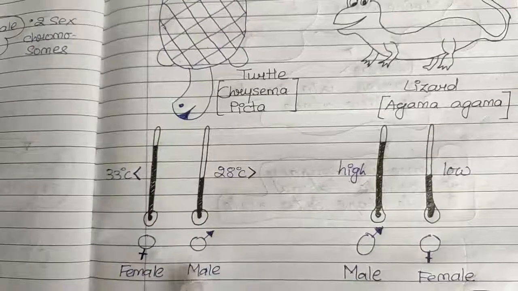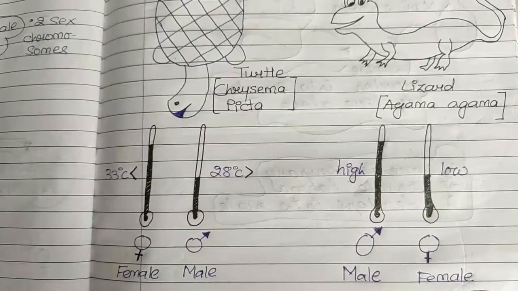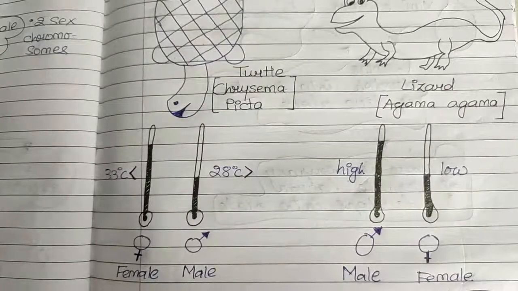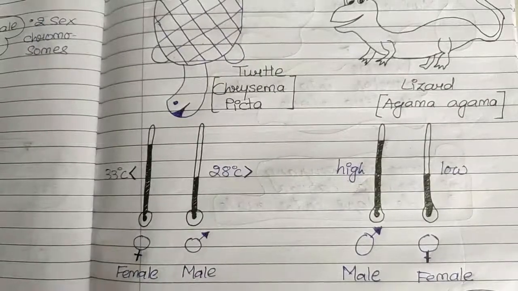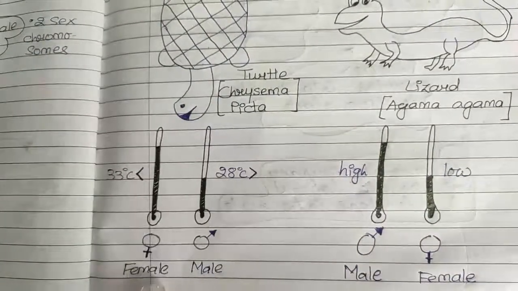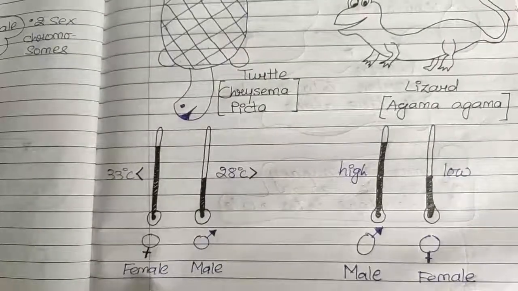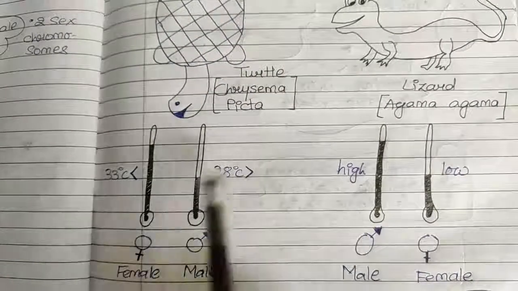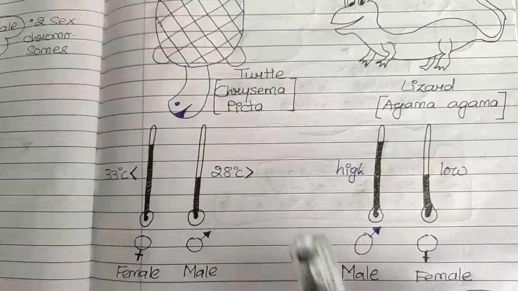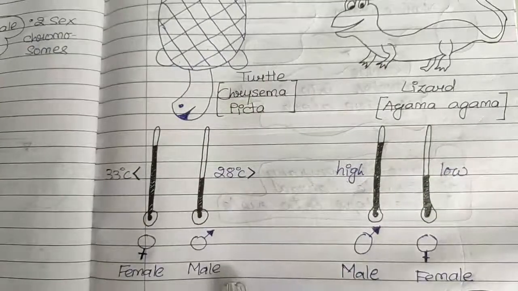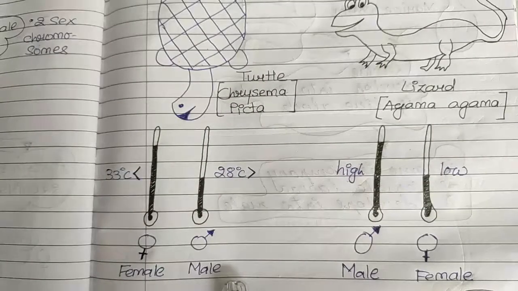See how different this particular technique is? The eggs, when they are laid, do not have any fixed gender. The gender will be determined later on during the incubation period. If the temperature of incubation time is more than 33 degrees Celsius, then eggs will hatch as female. And if that temperature is lower than 28 degrees Celsius, then eggs will hatch as male.